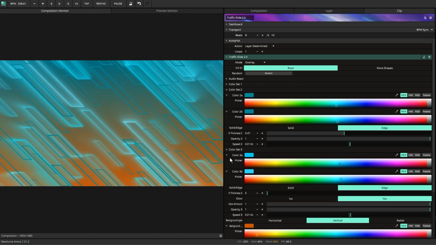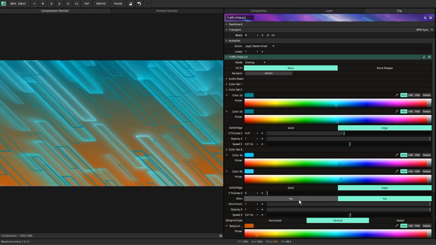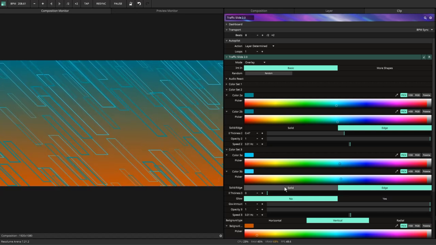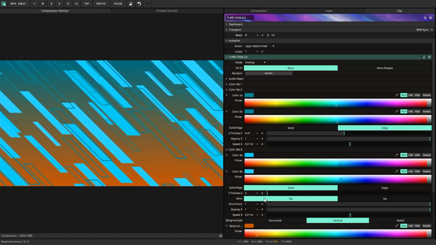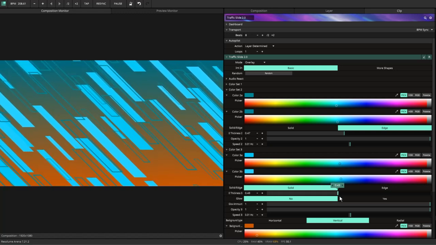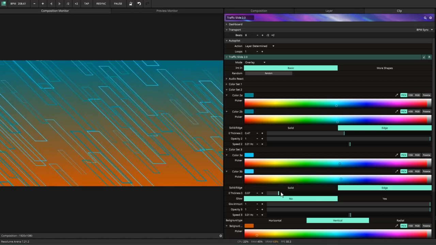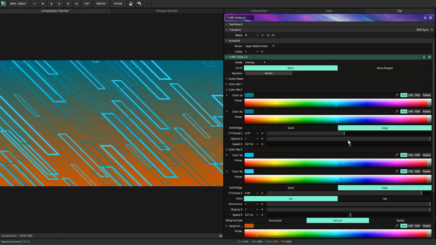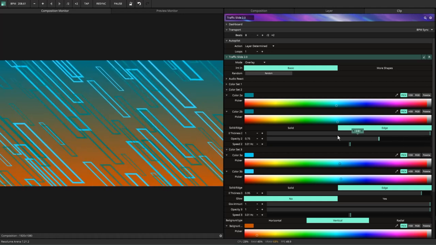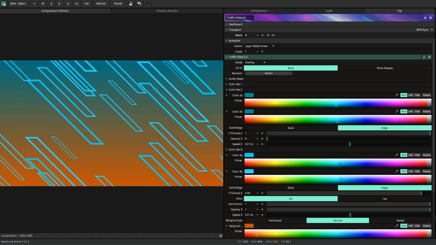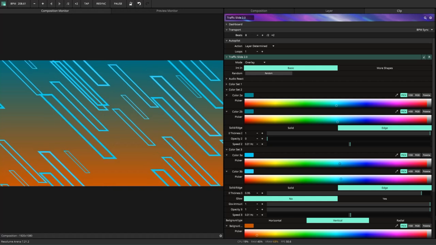Set 3 is the only set that actually has a glowing set. I'm going to turn those off, the glow. I can set it to solid, so now I just have the basics of the traffic slide. Now I can set up the thickness for the edge if I so choose. Same thing with this, I can set up the thickness as well. On this one, I can turn them invisible, so now I just have the one set of traffic slide